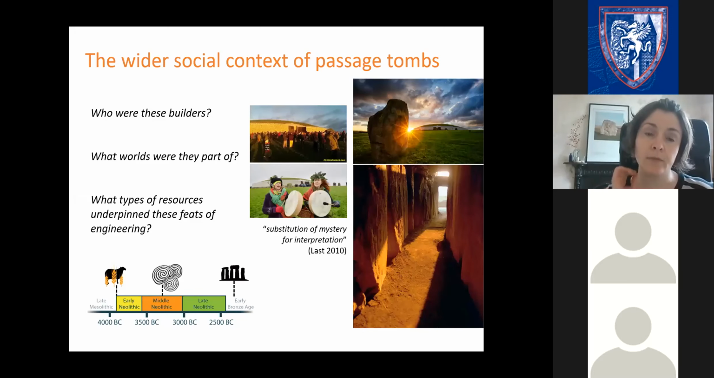So, a bit of background to Passage Tomb People. The rationale for writing this project was that even though monuments such as Newgrange in Louth and other monuments in the West are such iconic monuments and so there in the public consciousness,